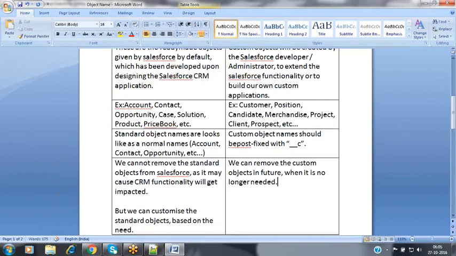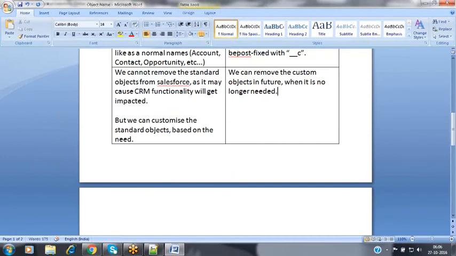Nothing but here, whatever custom objects are available, we can customize them in future, or if this custom object is not required for you in future, we can remove the custom object also from your Salesforce instance, because you are the owner, so we can remove all those custom objects which you have created in the future. And then when coming to the custom objects, you have a limitation.